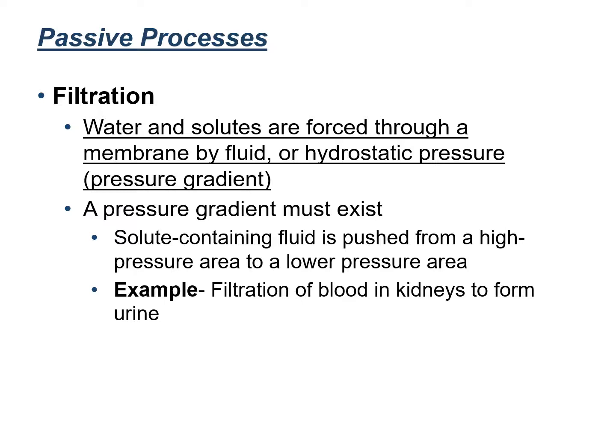The fourth and last type of passive transport is called filtration. This is the only type of passive transport which is not regulated by a concentration gradient. Instead, it is controlled by a hydrostatic pressure gradient. That means water and solutes are forced through a membrane because of differences in pressure. The solute moves from a high pressure area to a low pressure area. An example of this type of transport occurs in the kidneys when the blood gets filtered and urine is